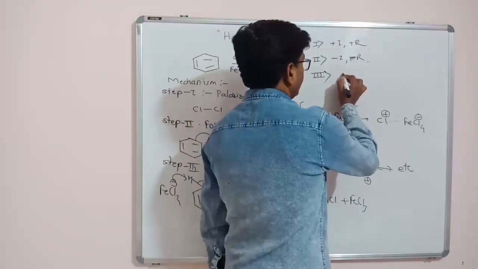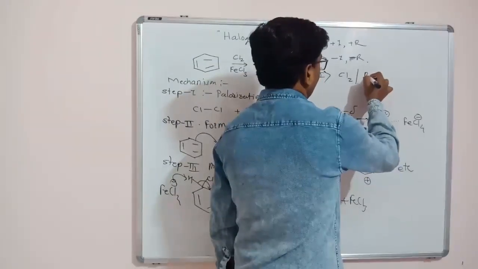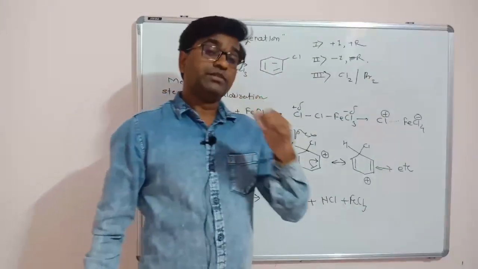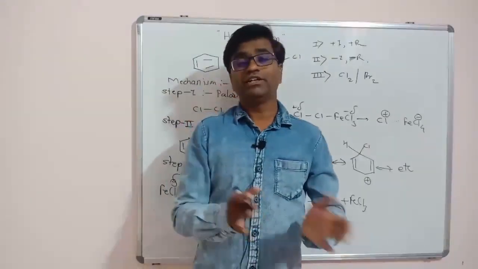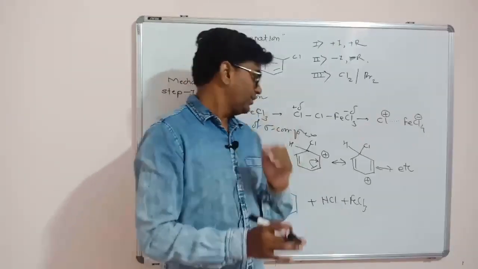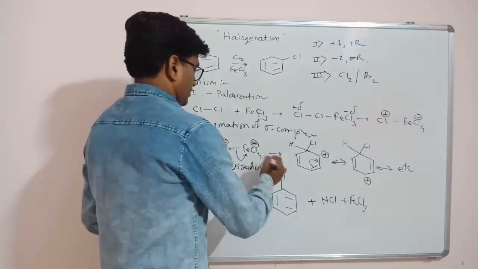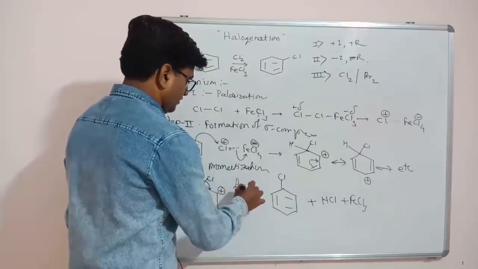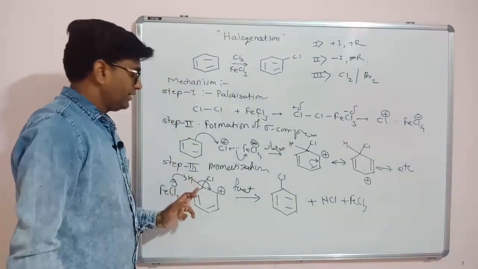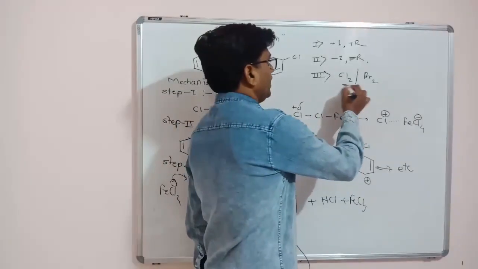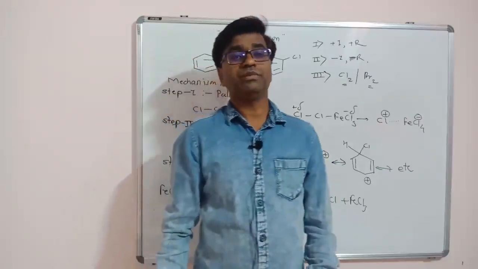This reaction does not show a kinetic isotope effect in the case of Cl2 and Br2. So if a benzene ring is substituted with the hydrogen isotope, that is deuterium, the rate of the reaction will be the same, because breaking of this carbon-hydrogen bond occurs in the fast step. So this is the fast step and this one is the slow step. Breaking of this carbon-hydrogen bond occurs in the fast step. That's why chlorination and bromination with Cl2 and Br2 do not show the kinetic isotope effect.